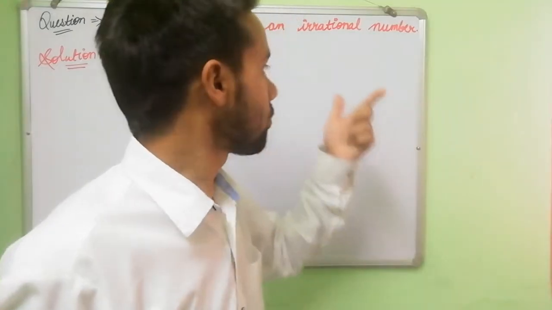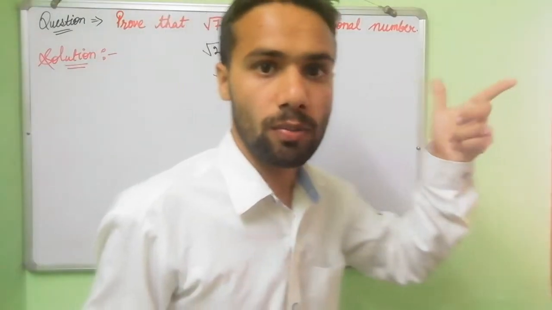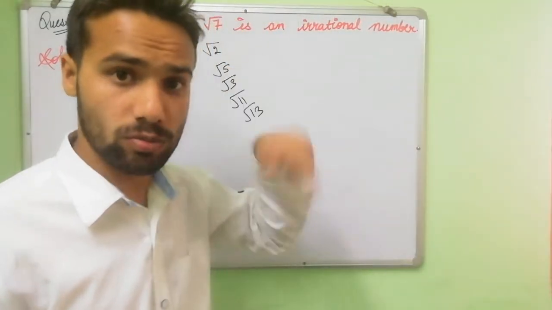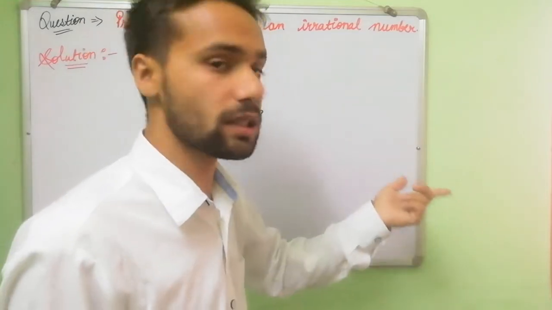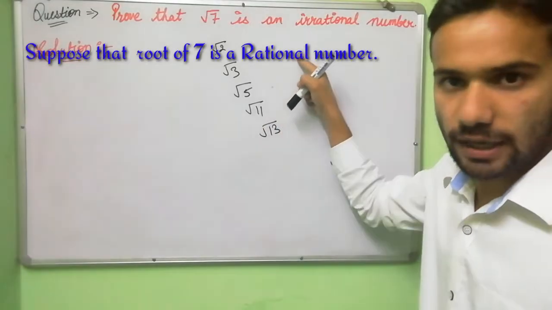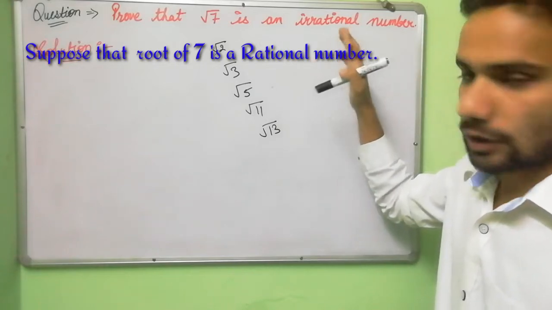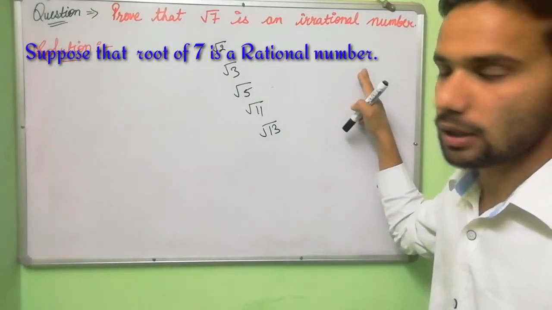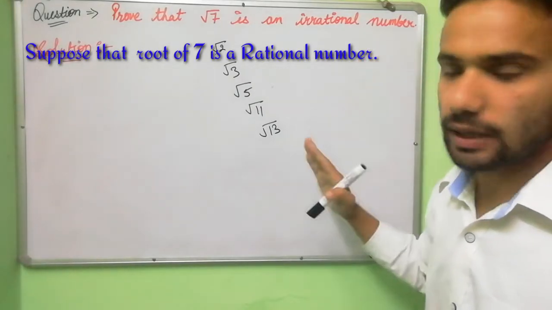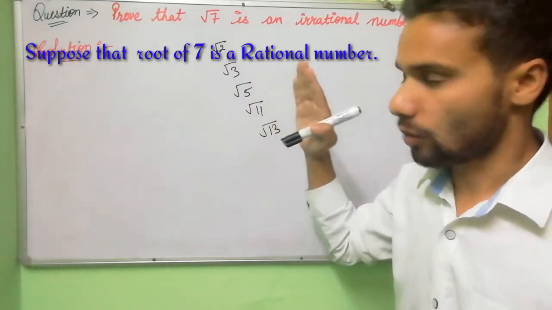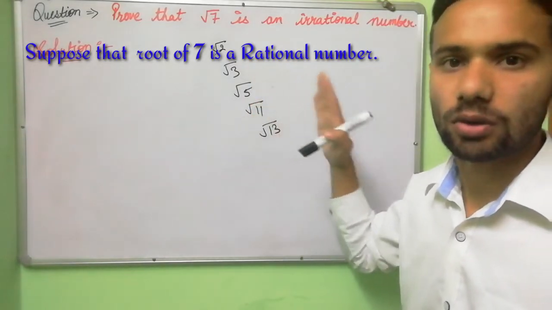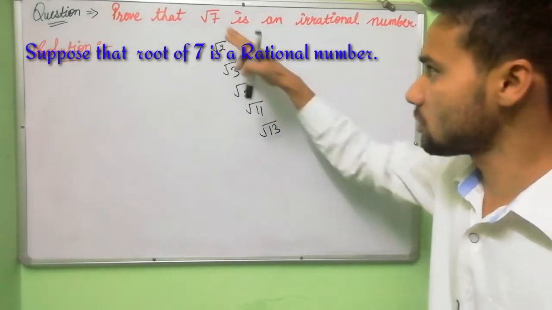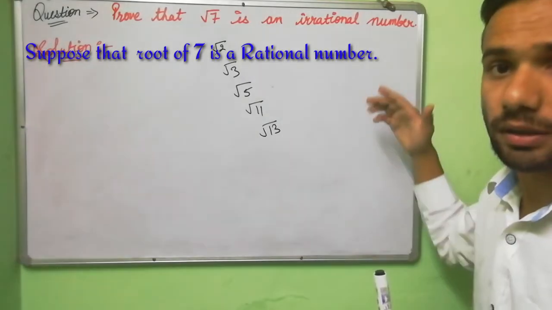Now in your mind there is a question: why do I take a rational number? Why not a prime number? Why not a co-prime number? Why not any other number? Why am I assuming rational here, not something other than rational? Dear student, the reason is that if we assume this number is a rational number, and we know very well that contradiction means whatever we suppose becomes wrong, and if it becomes wrong, that means this number is not a rational number.